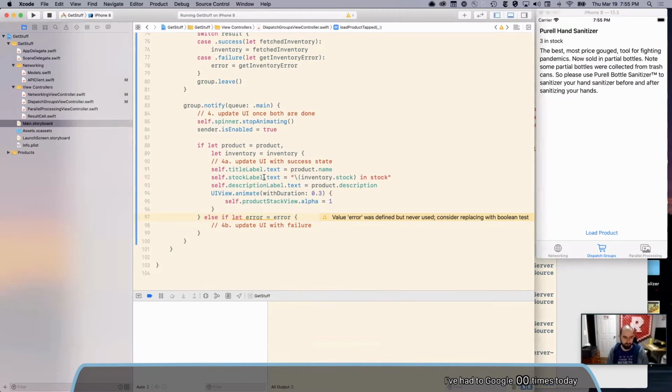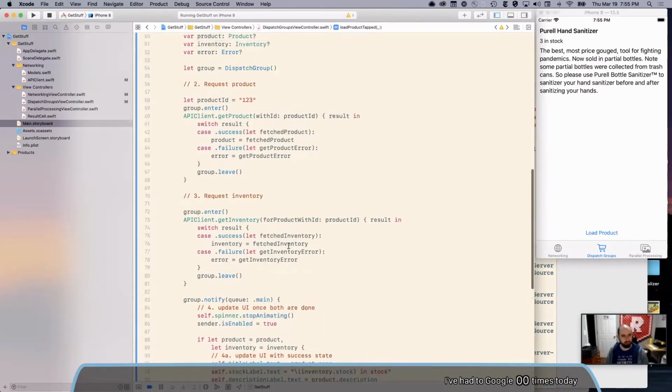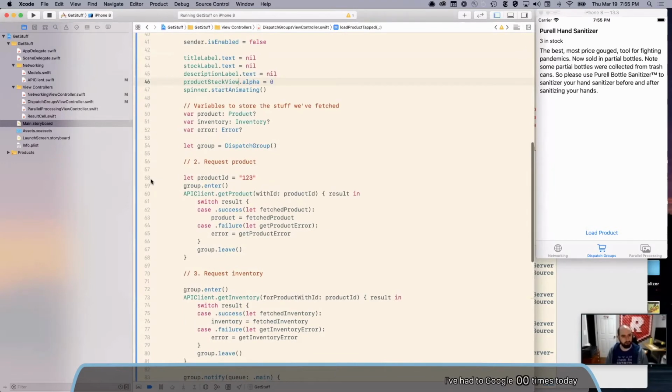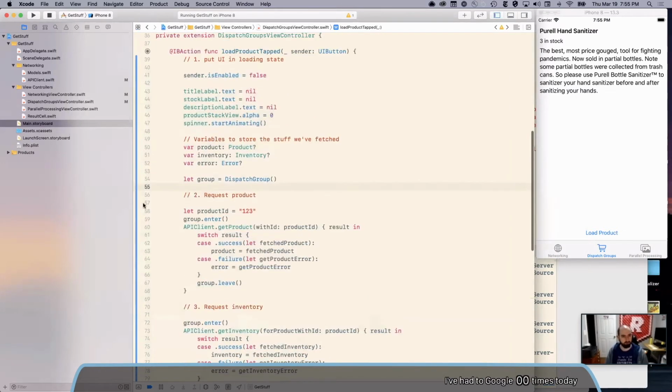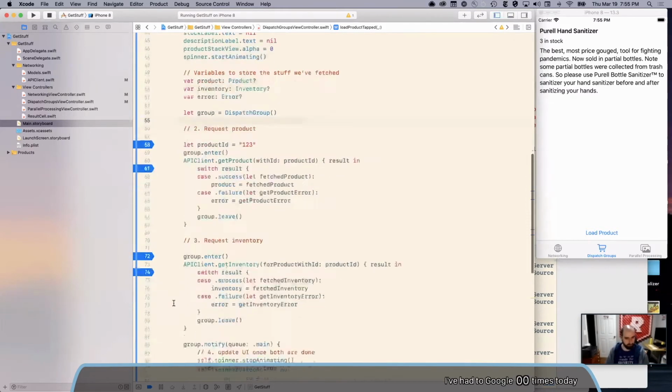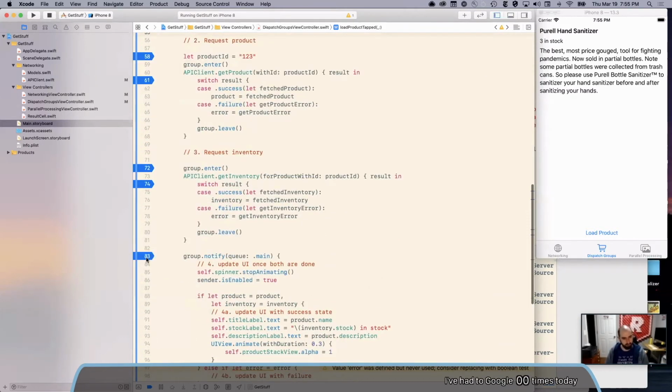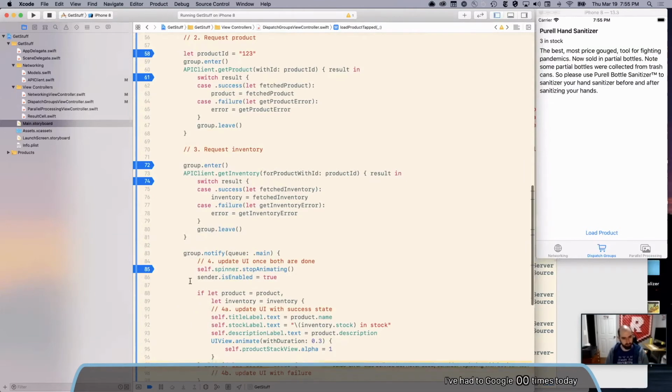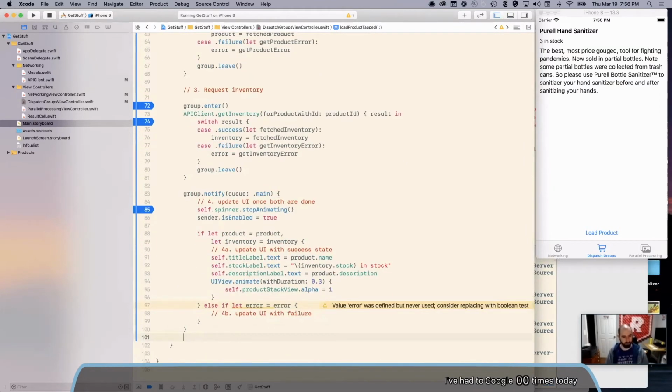Zev, could you toss a few breakpoints around to sort of highlight where the concurrency is coming in? Great idea. So also good sort of little preview if you haven't played with breakpoints before. So I'm just going to throw one like here, and then some inside the various groups, and I'll do one here as well. And then inside the notify, and I'll put one last one. You can kind of get the shape of it.